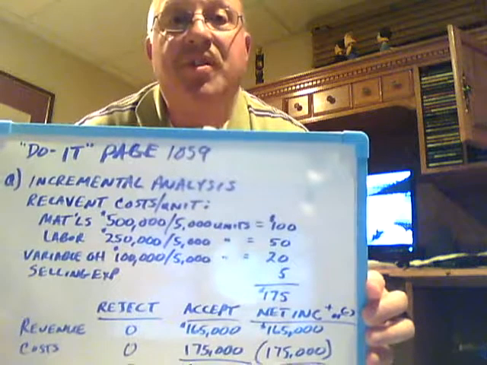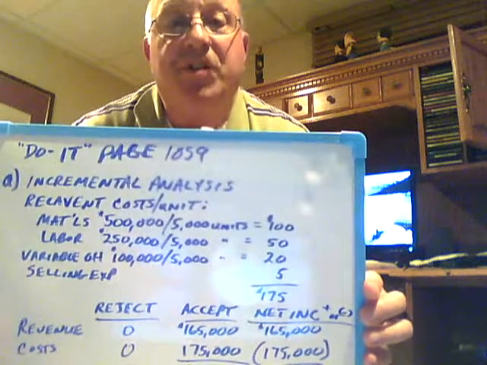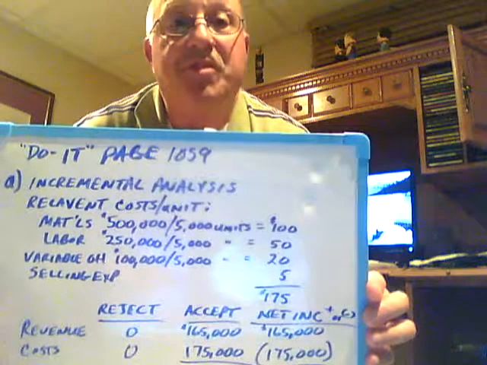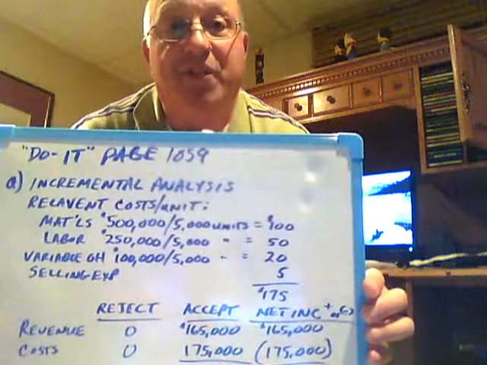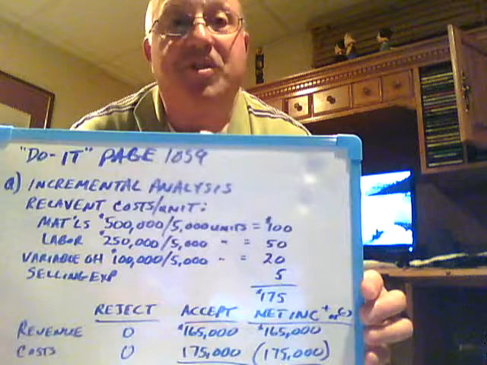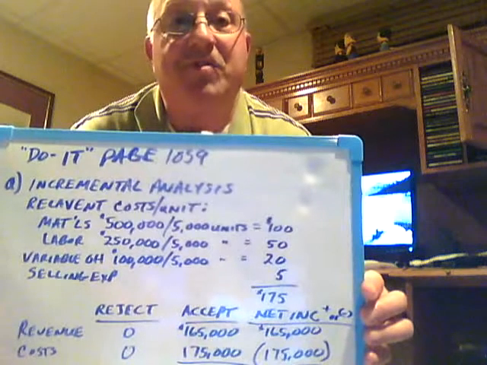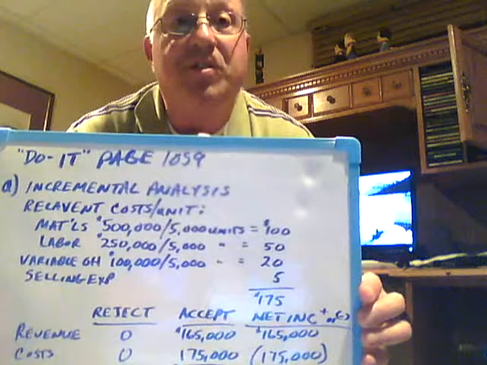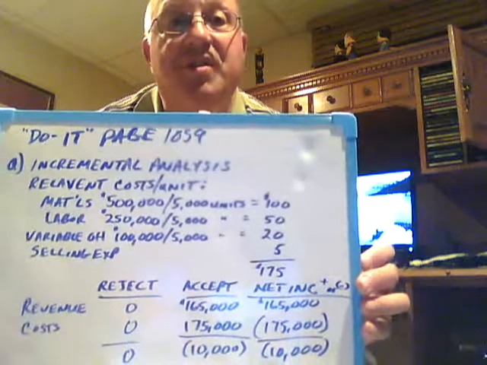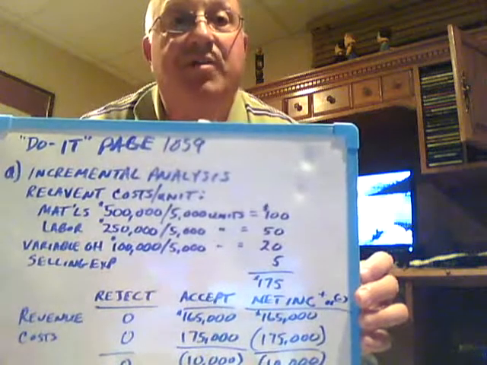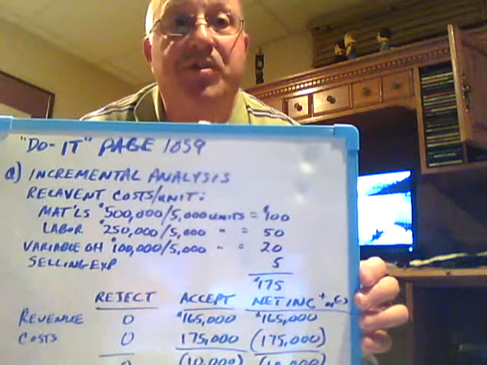So we're given some information about the total cost to produce I believe 5,000 of these units, but in question is what is going to happen if we accept this offer from this company to buy 1,000 of the units, essentially for $165,000 or $165 a piece. So what we need to do in order to make that comparison and decide whether or not this is a good idea is to look again at the relevant costs, which are the costs that are going to change.